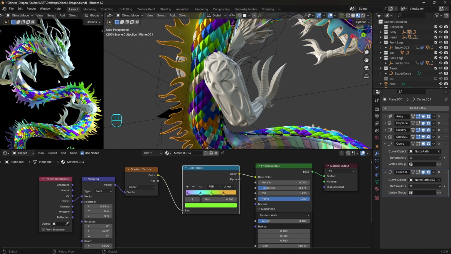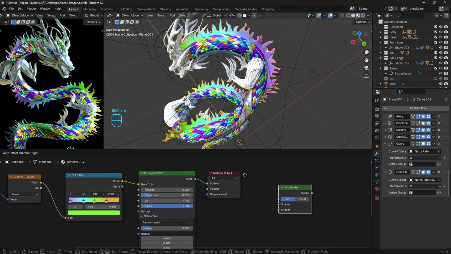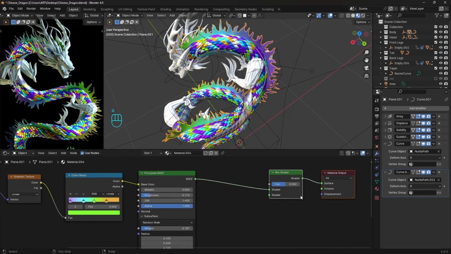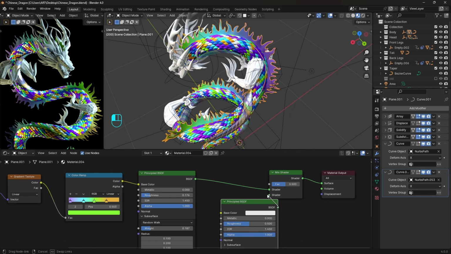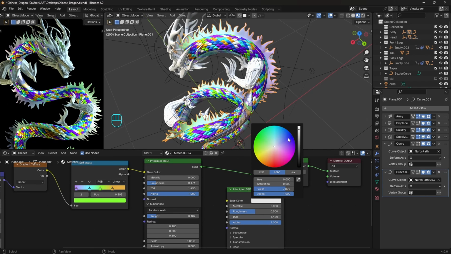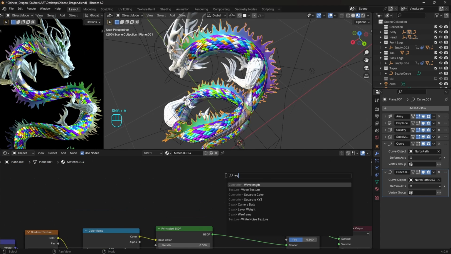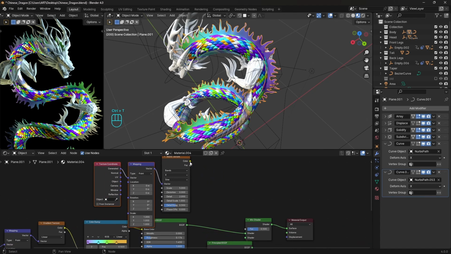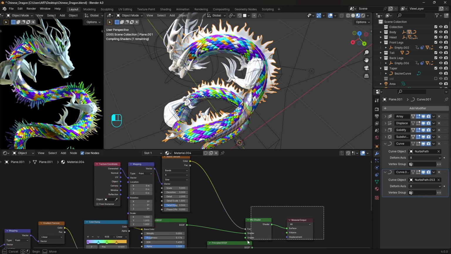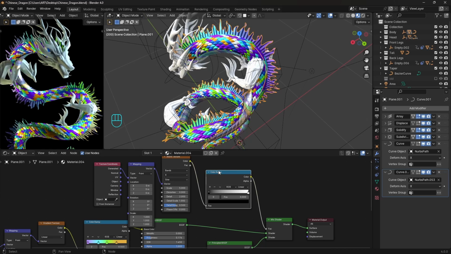Let's push this material further and add some pattern. We can mix the shaders with the mix shader node. Add one more Principled BSDF for the second input. Choose whatever color you like. I will pick this dark blue for contrast. And let's add the wave texture there with the mapping and coordinates. We'll use it to tell the mix shader how to mix these 2 materials. Need also a color ramp to control how they're mixing.